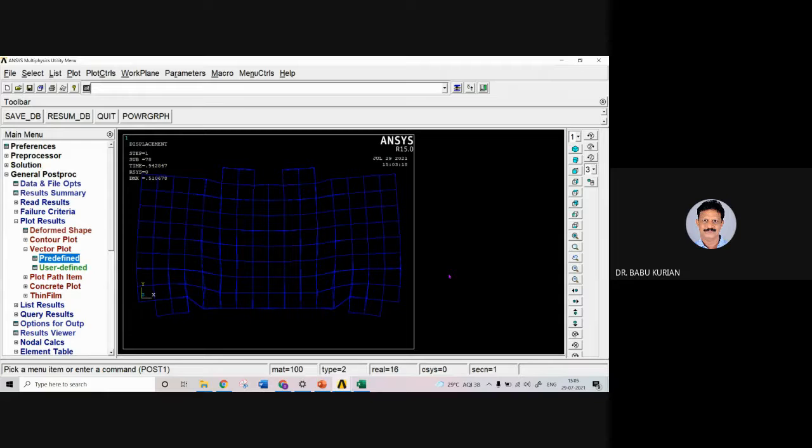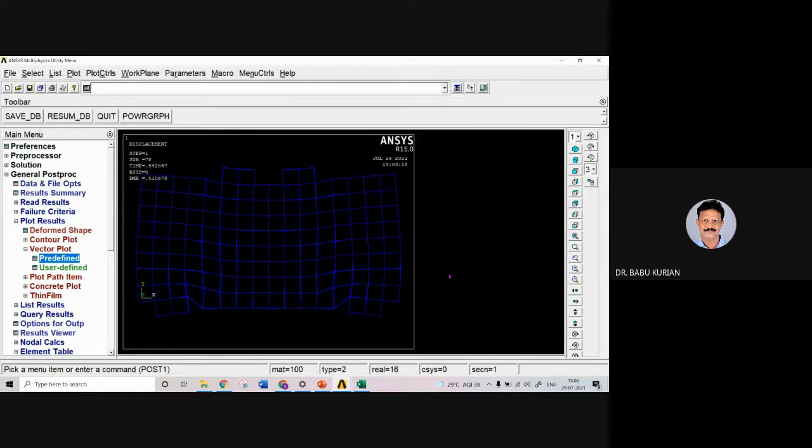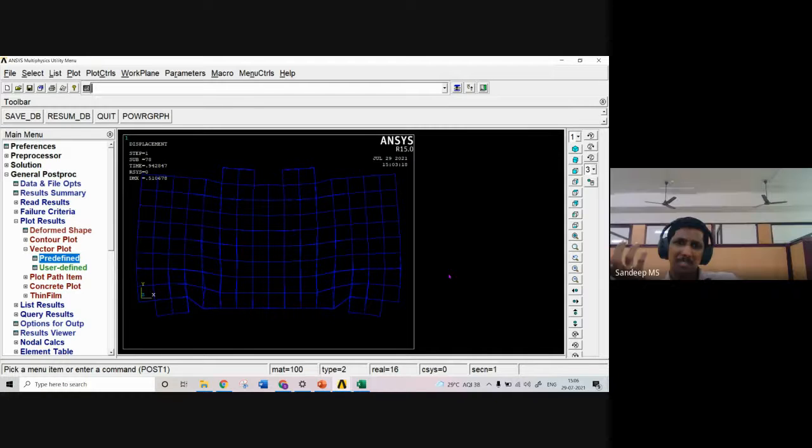Even any condition for the maximum deformation of deep beams as per the IS code or some other codes? Maximum deformation or any... I don't think so, because deflection will come into picture basically when we deal with flexure. But as far as deep beams are considered, the main cause of failure is shear only. Yeah, the failure is due to shear only, so the deflection will be very minimum. Actually, basically, what we can conclude from this is that it is not at all deformed.